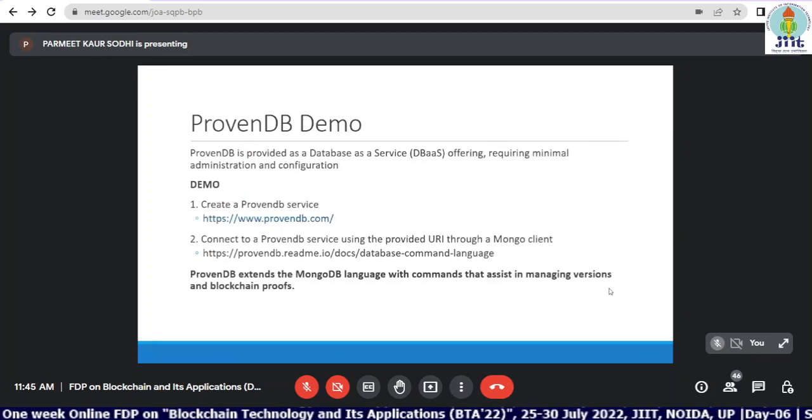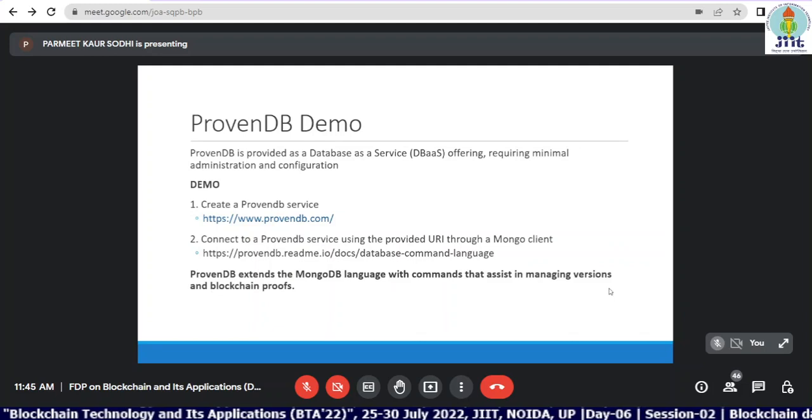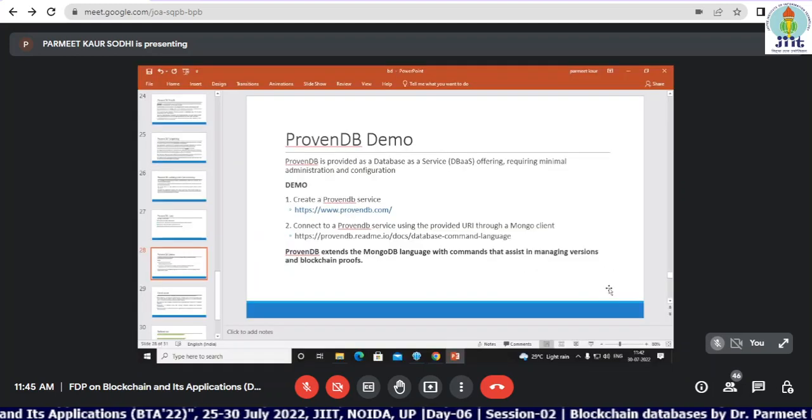I'll have to change my network because of some firewall issues. I'm not able to connect from this network to ProvenDB. So just give me a second. I'll again change my network. So now there are two